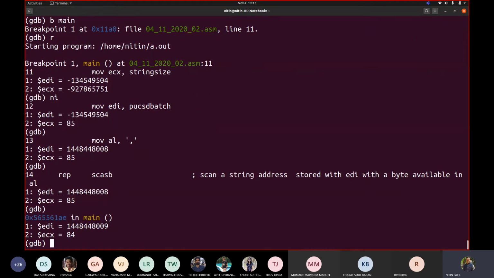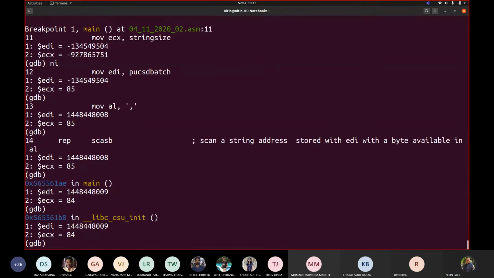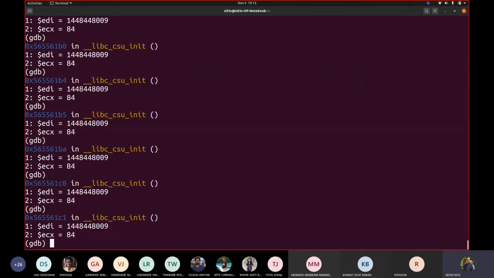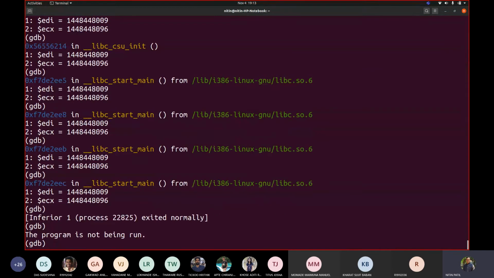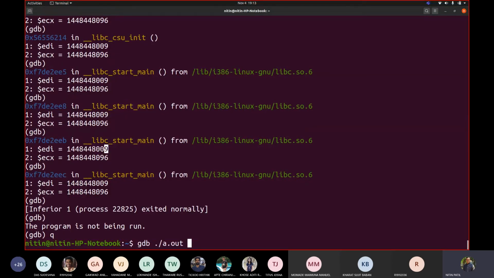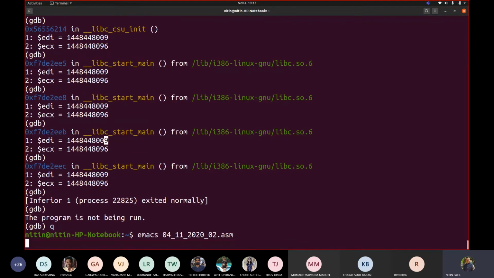Now see, the address is changing. Now it is 9. Fine. Then it came out. Why? See, it came out of the code. Nothing is happening, so the program is not run. It is not checking at all. Correct. This 9, it took only the first character because we wrote the repeat prefix. Only repeat. So now let us try to make use of another prefix.